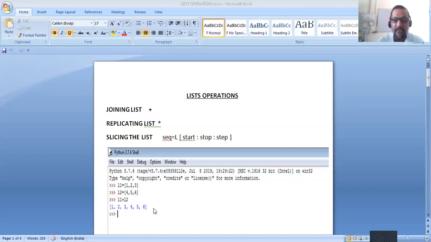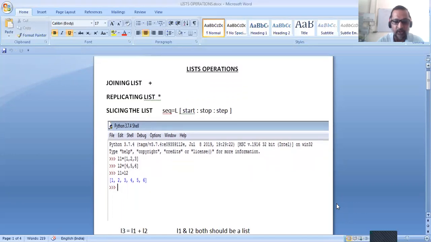We can create a new list by joining two lists. How? We give the command L3 is equal to L1 plus L2. Then the resultant value of L1 plus L2 will be stored in L3.